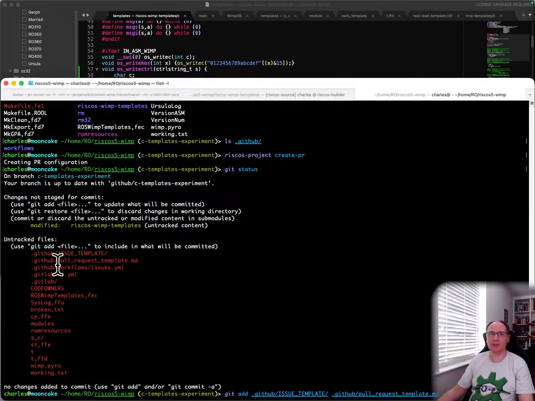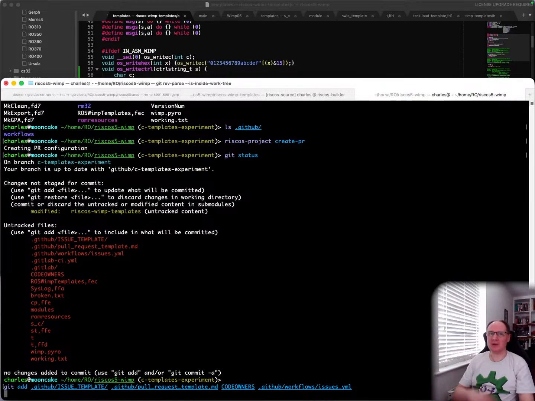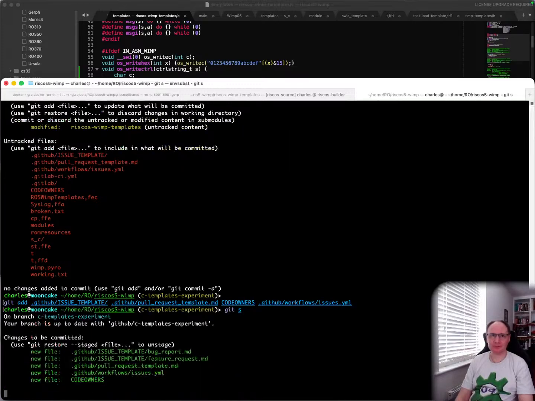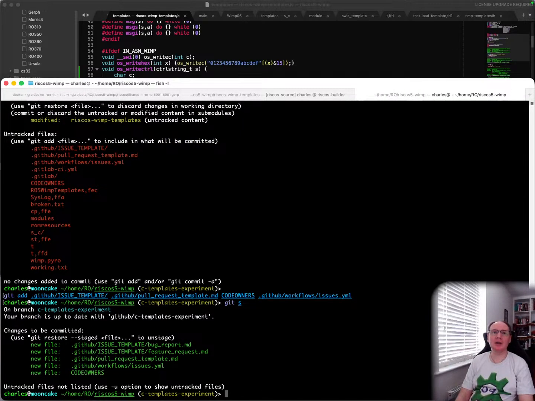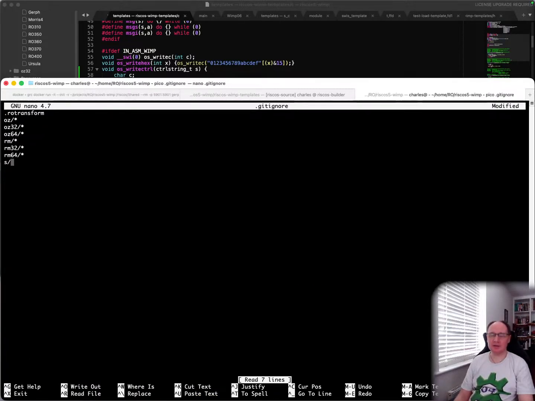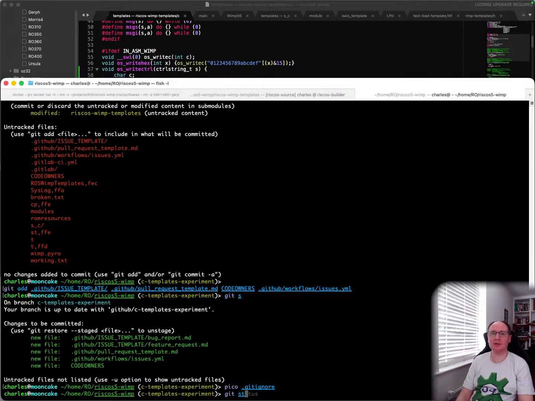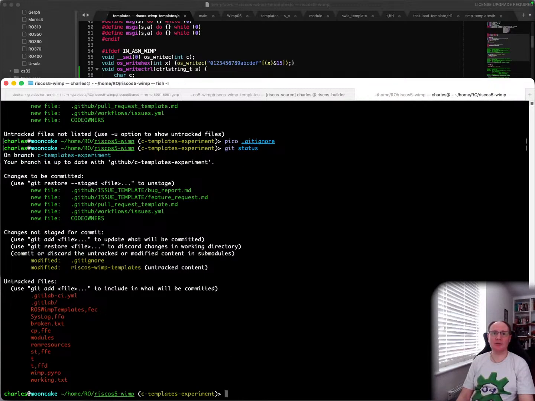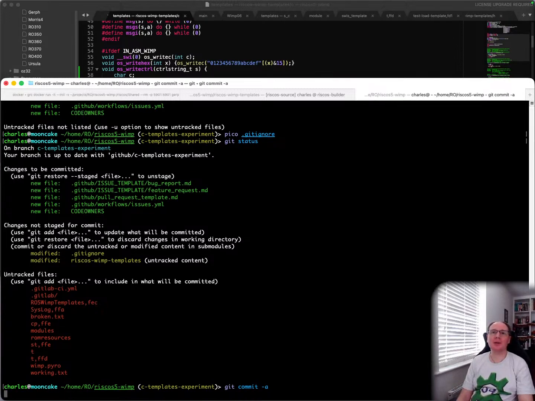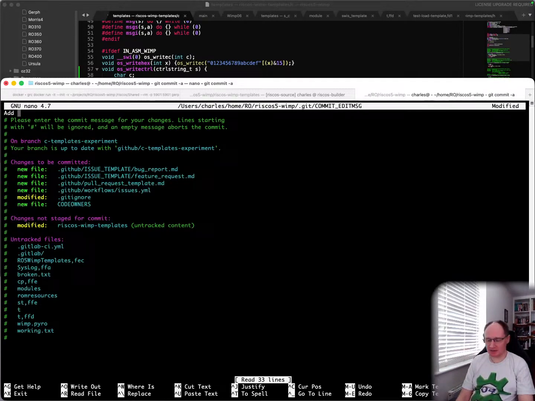Oh, that didn't copy. And we don't need the GitLab ones. That's fine. Also, if I'm just adding the S_C directory, because we don't need that at the moment, so that's ignored. Yeah, there we go. Commit as: add templates for